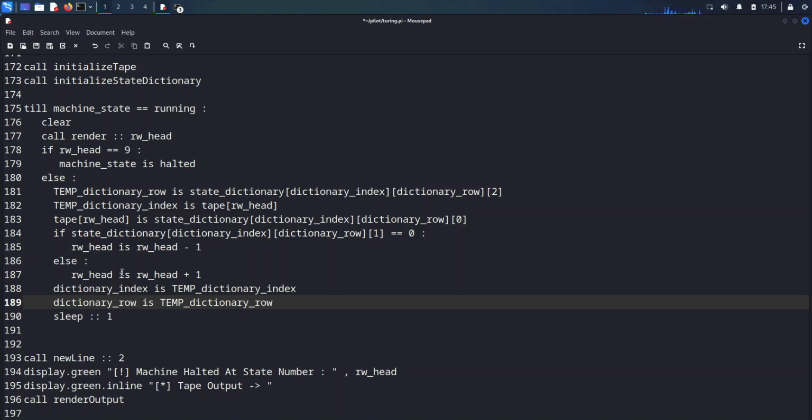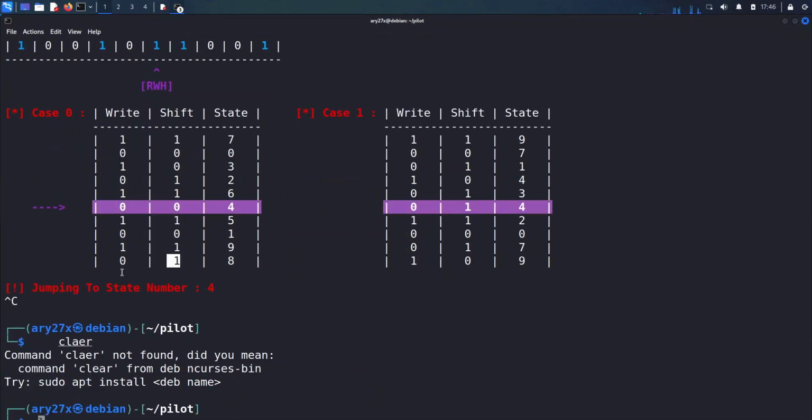We clear the screen starting from line number 175 till the machine state is running. We clear the screen, call render, we render everything. If read write head is 9, machine state is halted, else temp dictionary row is the state dictionary index dictionary row second is the state. We get the state, we get the index using whatever we read out of it, and we write whatever is in the 0th column, and depending on the first column we change the values. Cool. So let's see